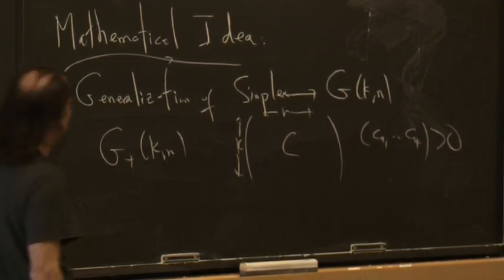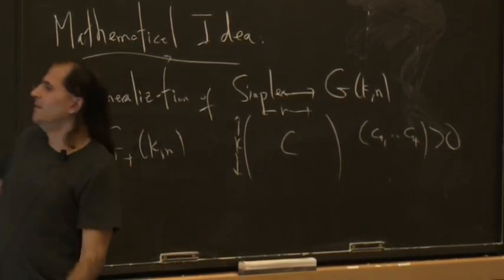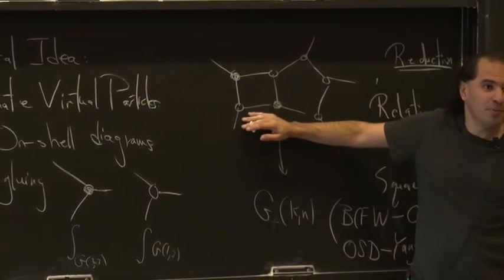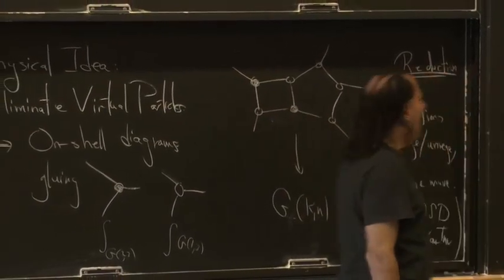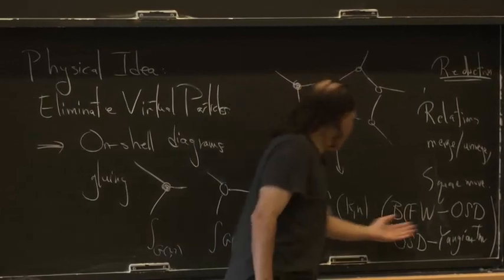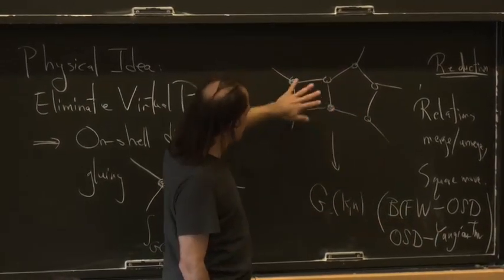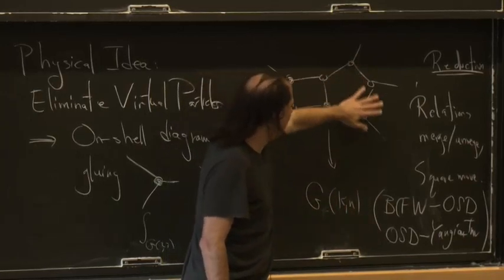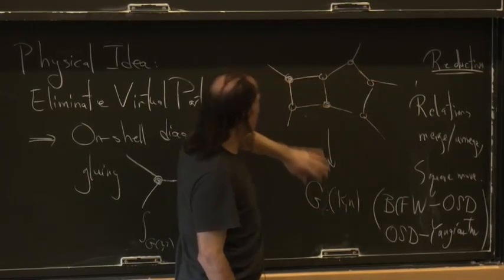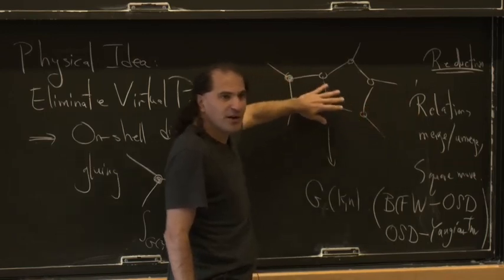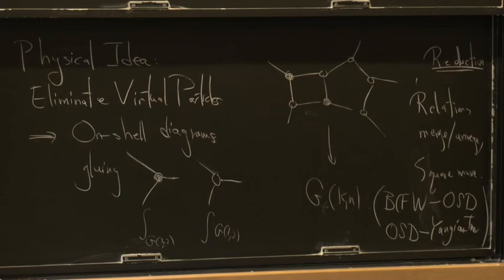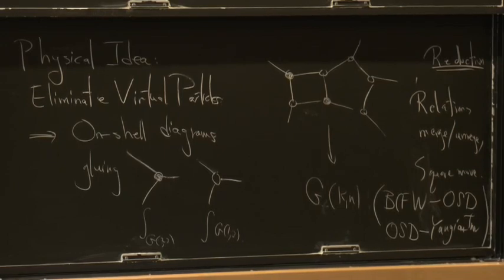And the boundary structure of this space is associated with graphs of this form, reduced graphs of this form, invariantly labeled by permutations. And exactly the things that are built up by on-shell diagrams, which build these subspaces in the Grassmannian associated with the face variables of the graph or the bridge variables, depending on how you built them, are exactly parametrizing all the strata, all the lower dimensional boundaries of the